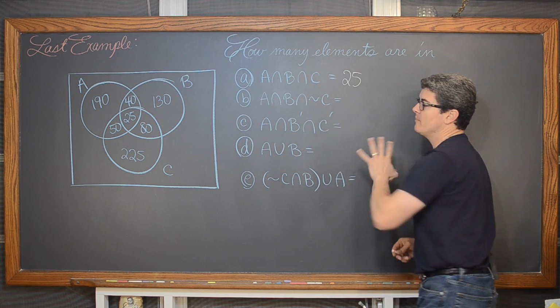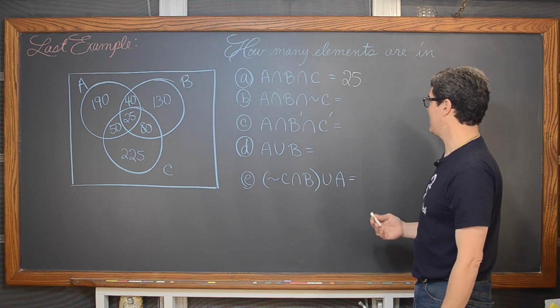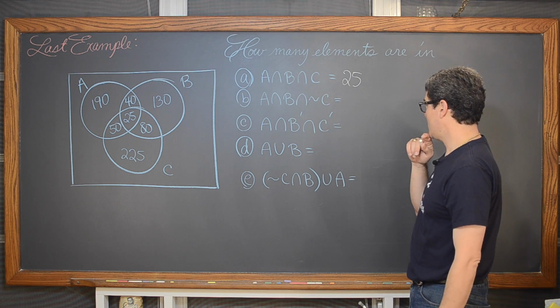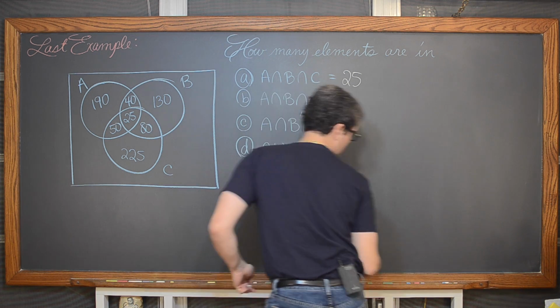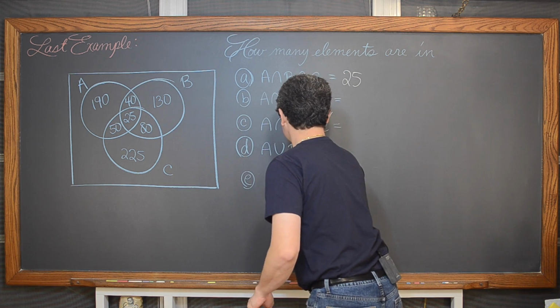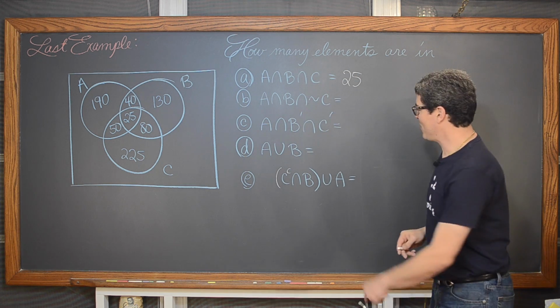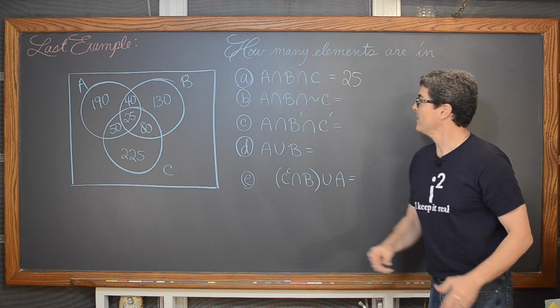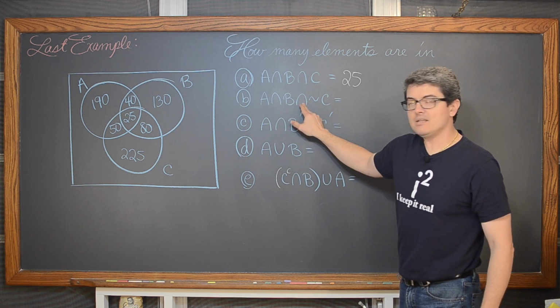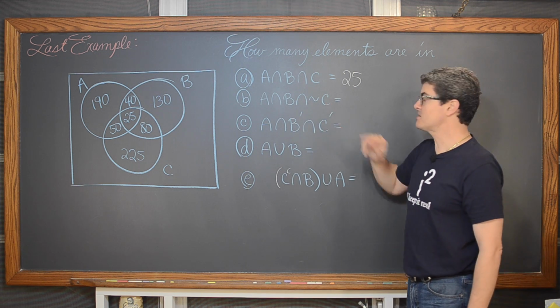How many elements are in A and B? I'm going to use all three different notations here. Actually, I didn't use all three yet, did I? Let's change this to C with a little exponent on it. So I'm using all three notations that, at least that I know of, that you might see for complement. A and B, and not in C.